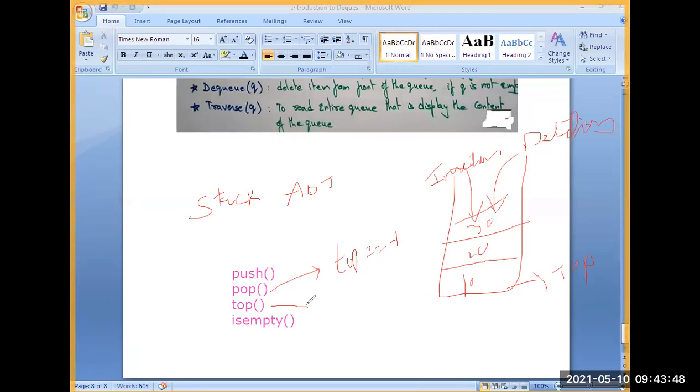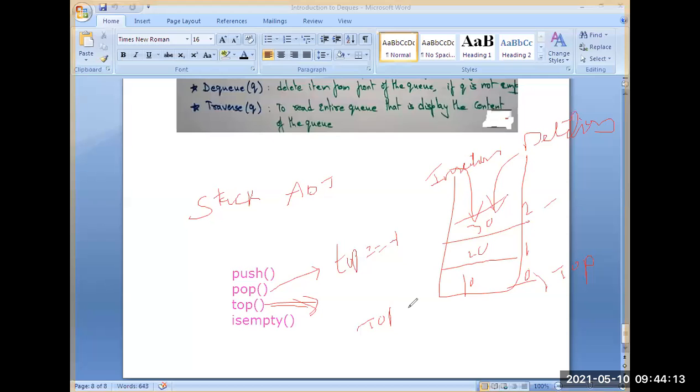So see the top function. Just now top is at 30. Top is 0 here, top 1, top 2. Now top position is at 2. If you want to see the top element of the stack, just write the top function.